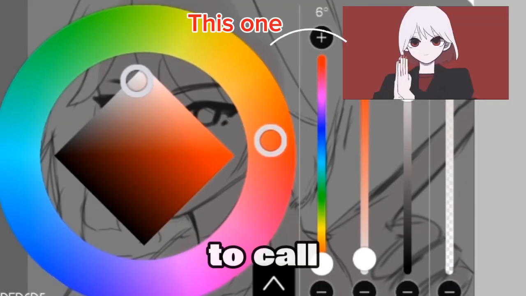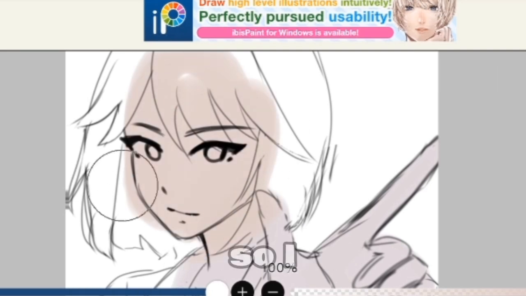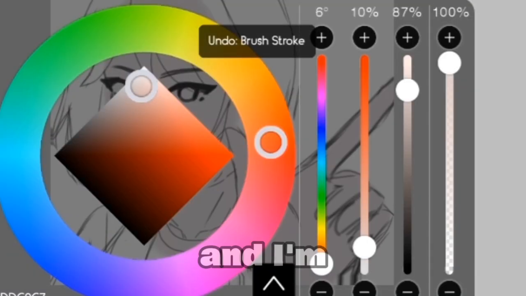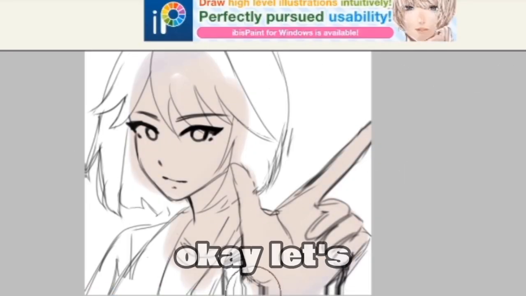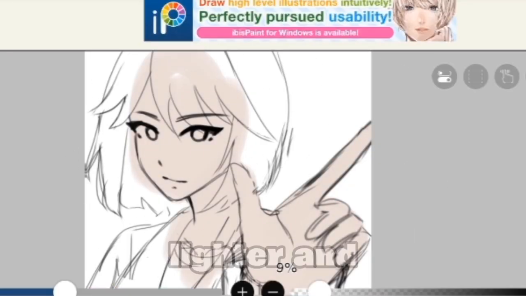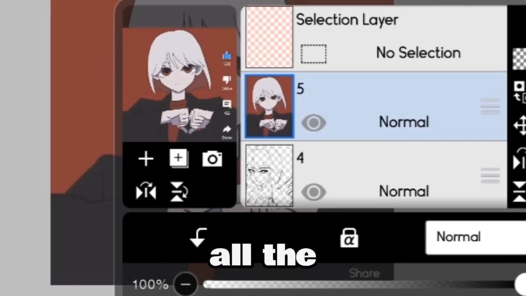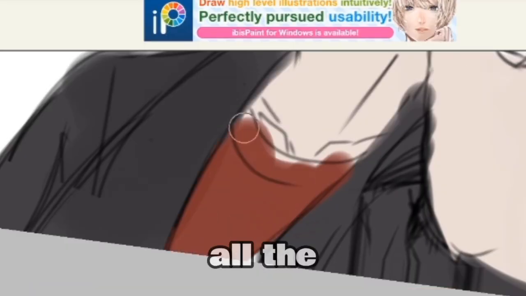I don't know what to call it, but you might have seen that on YouTube. So I just wanted to draw her, so I made a little sketch. And I'm gonna put in the base colors now. Okay, let's make it a little lighter and dull. Okay, so I'm just gonna eyedrop all the colors from the reference and just putting in all the base colors